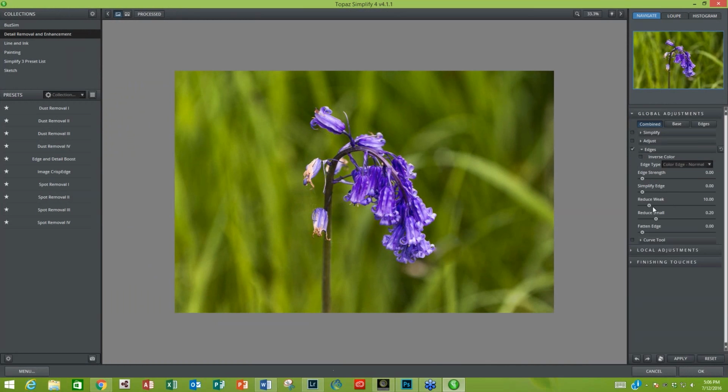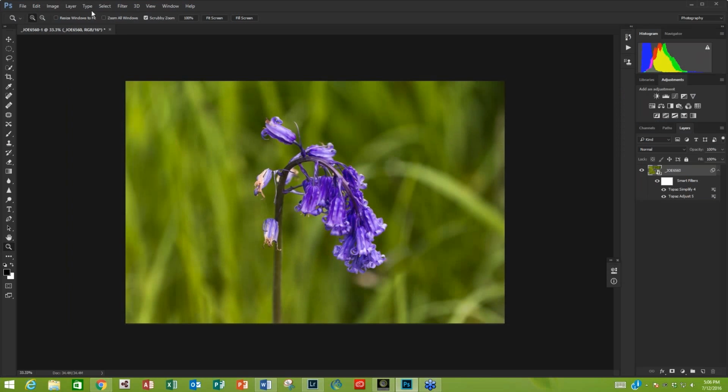Turn the Simplify edge down. Reduce weak, reduce small, because I just want the edges to pop just a little bit, because I know what it'll look like in the final image with Impression. And you can see before, after, a slight difference, but enough to give it a little bit of a pop. We'll press OK here, and we're going to go into our next one, which will be Impression